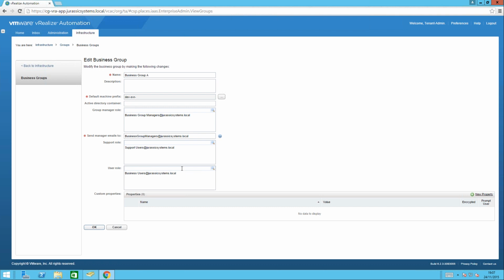What I want to show you is that it's really simple actually to add users into these roles. You just have to type in the name of the user. So in this case, I'm going to use the business user. And you just search. And then, providing you've typed in your user correctly, you'll get a result. And obviously, the more specific you are with this search term, the less results you're going to get. In my case, I've only got one user called business user, and they have just popped up in the search